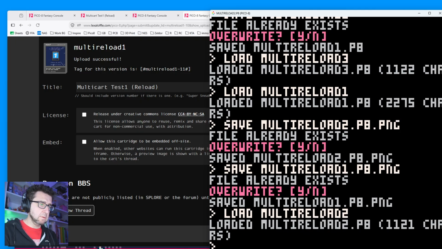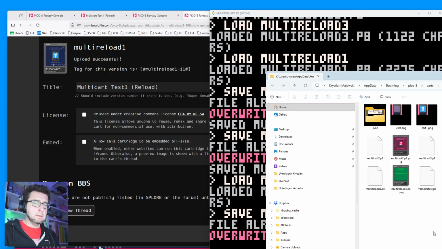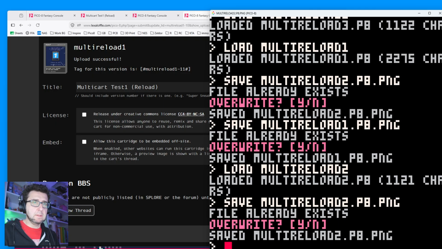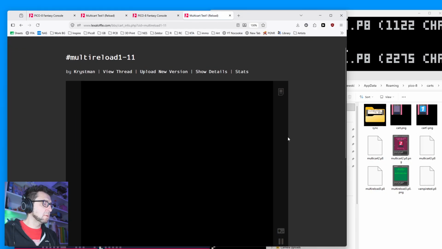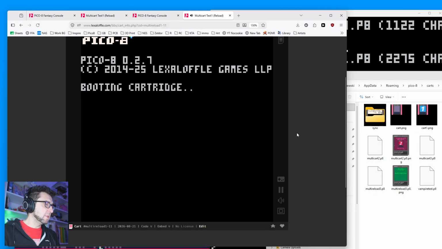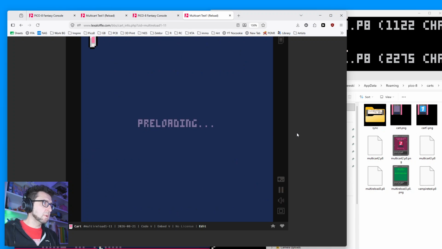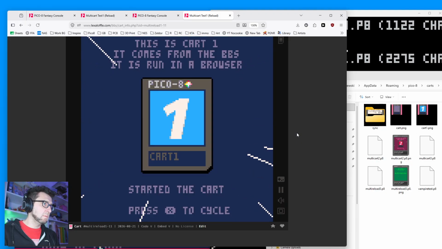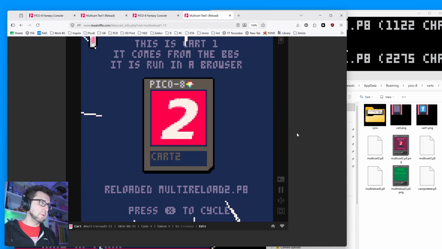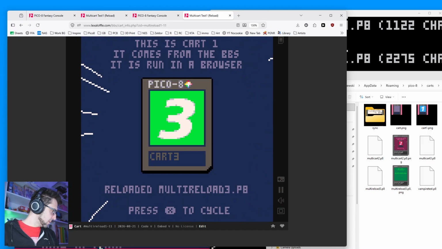Multi-reload 2. Save multi-reload 2. Yes, please. Okay. So let's see if this works correctly now. So obviously this works. That's no problem. But now force preload. Preloading. Back to the original. Okay, cool. And then we can flip through this, right? Okay. And then we're gonna check if this works from the